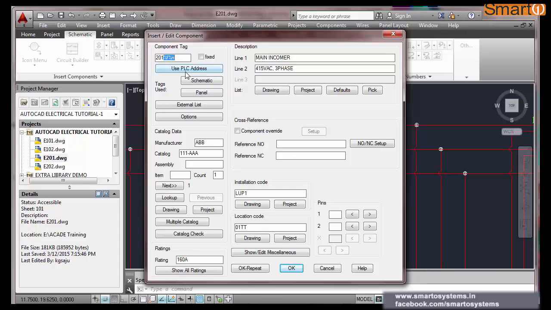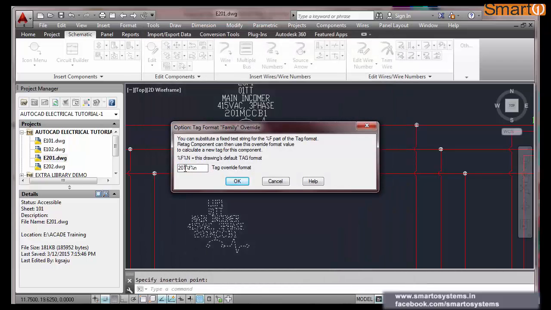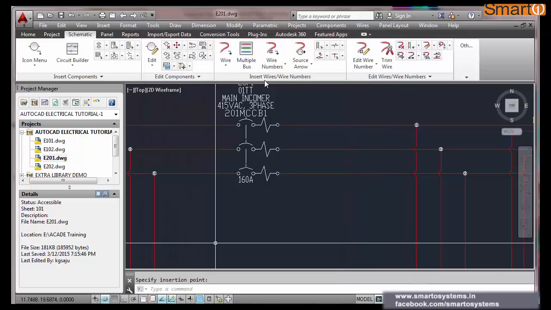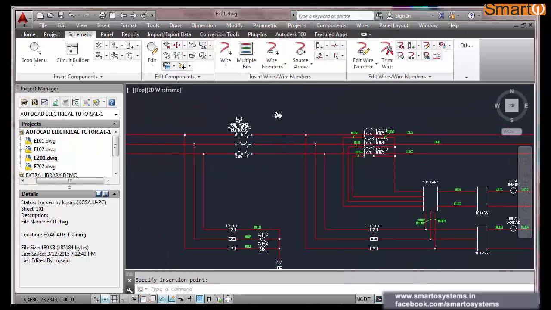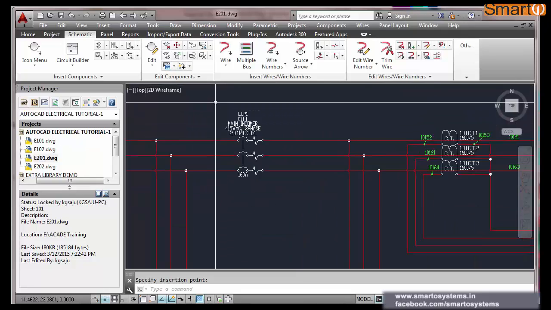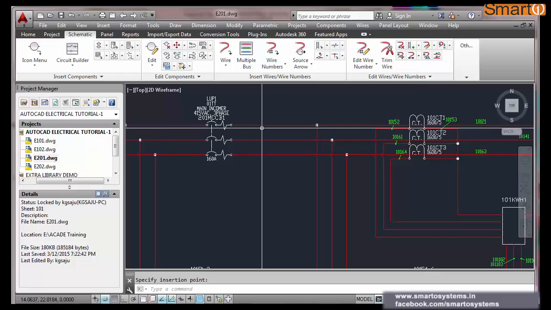So this 201 will always come as a prefix. Okay, if I remove this, 201 %f will go off, right? So this prefix we can fix, that's what I mean to say.